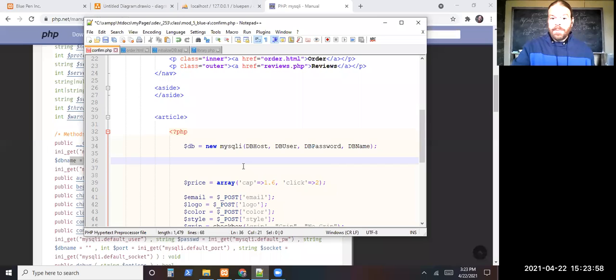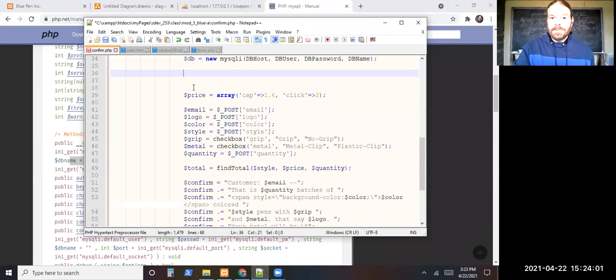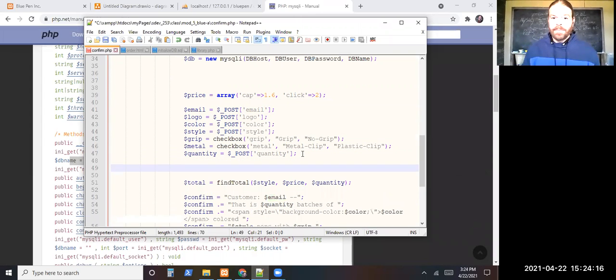And then after we connect to the database, we have all the values we need for it in variables right here. So after we find all those values, I'm going to build an insert query right here to pass to that database. I'll actually spell it out. I'll call it insert query. And that needs to be a string. Then we'll pass an insert query like those ones we saw with our test data right in as a string,